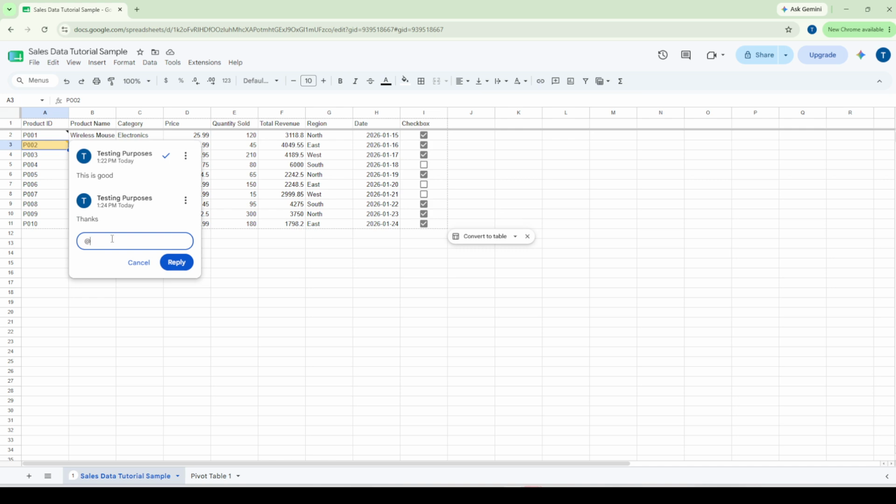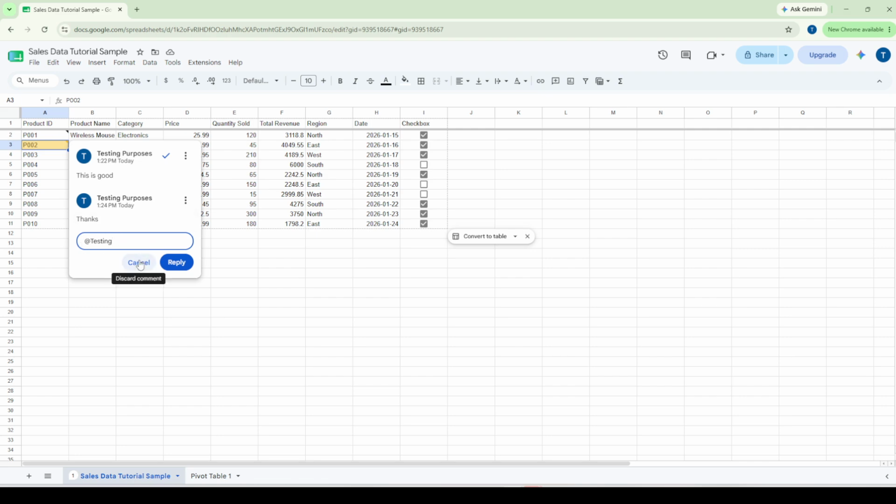You can tag a collaborator directly in your reply to send them an automated email notification. This is perfect when you need a specific person's input or want to assign a follow-up action. To tag someone, simply type the @ symbol, or the ++ directly into your reply text box. As soon as you type one of those symbols, a drop-down menu will appear, showing a list of people who already have access to the spreadsheet. Start typing their name or email address, and the list will filter down to match. When you see the right person, click on their name and their email address will be inserted into your reply,